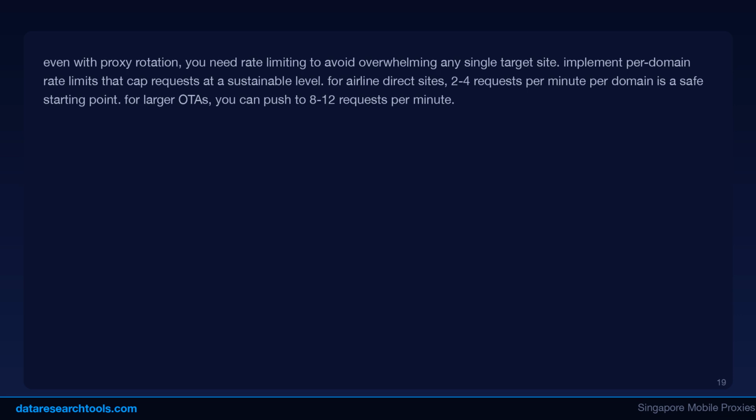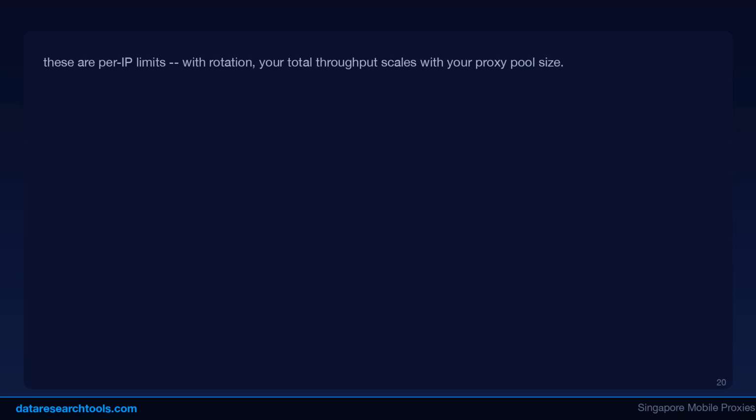Fare searches fail for many reasons: captchas, rate limiting, site downtime, JavaScript rendering errors, or proxy failures. Implement a retry strategy that rotates to a new IP on each retry with exponential backoff between attempts. After 3 consecutive failures on the same route, flag it for manual review rather than continuing to retry and waste